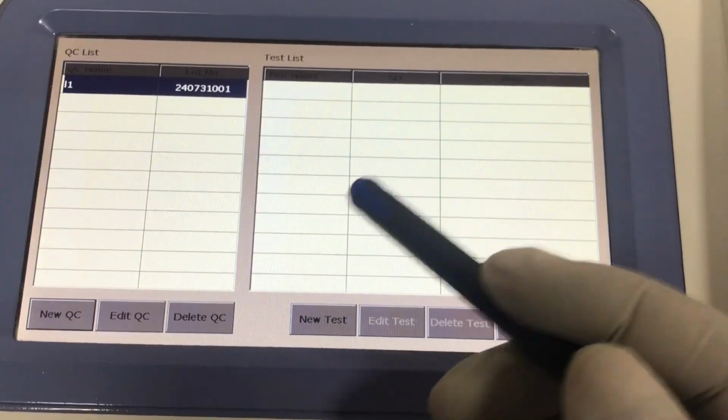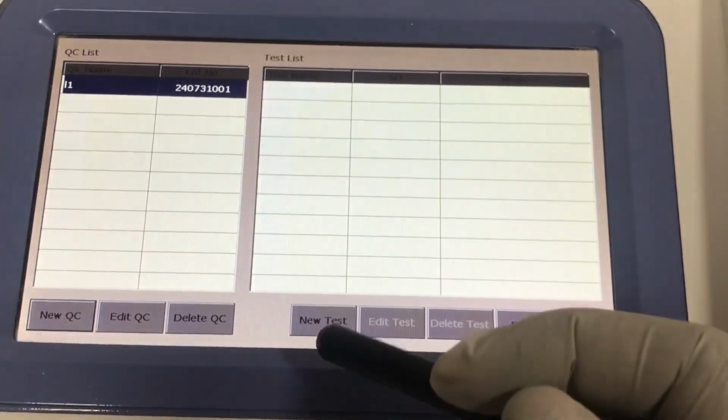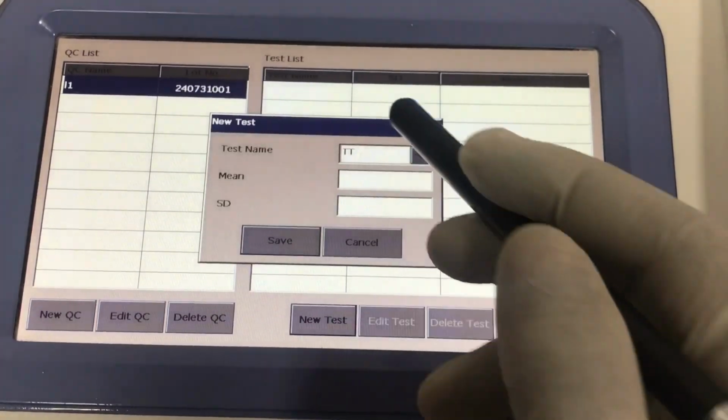Good. So that's our QC level 1, and then we select,